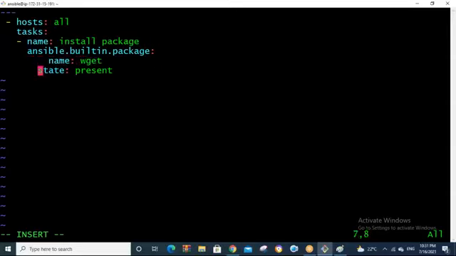So instead of one word, you have to use the full name. From 2.9 onwards, they are recommending to use this. In future, you have to use it like this only. They have updated the documentation. The AWS team, the Ansible team has updated the documentation. So they are trying to use